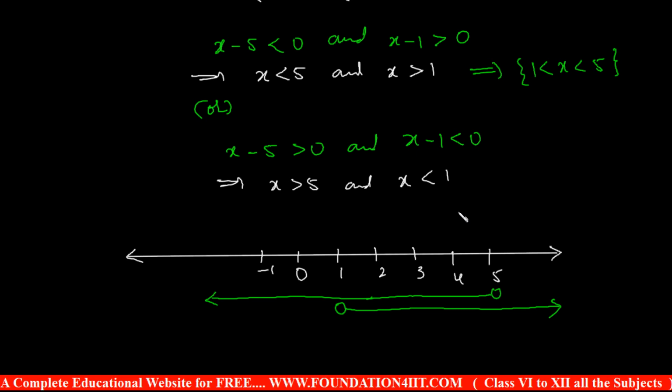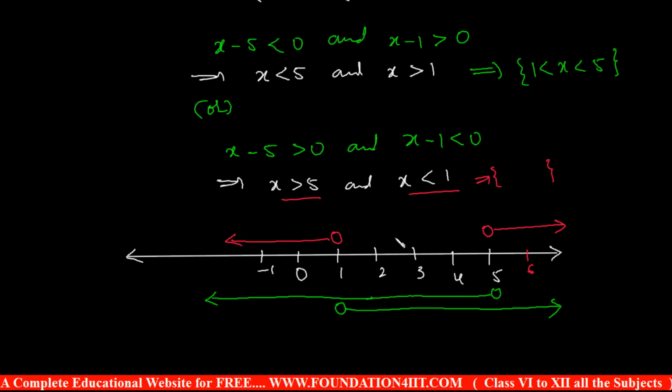Now let us see the second one, x is greater than 5. So let me show with the other color. X is greater than 5. From this 5, all the greater values this side, so 6, 7, and so on. X is less than 1. Values of 1 are this side. X is greater than 5, x is less than 1. There is no common. For this we can't take any common solution. So just empty it is. So this is empty and this is x between 1 and 5.